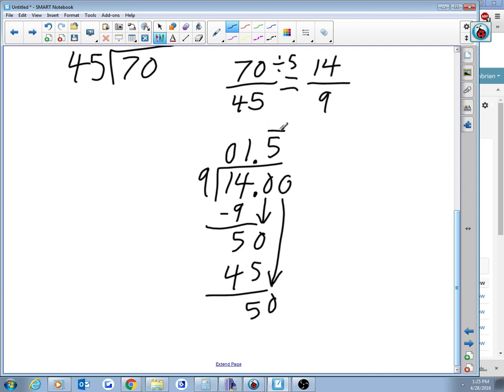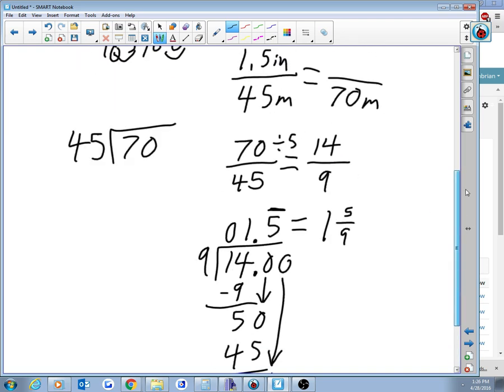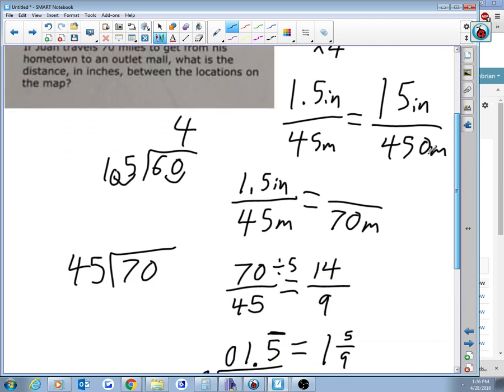It's 1.5 repeating. And if you know your ninths, which you should, 0.5 repeating is the same thing as 5 ninths. 0.4 repeating is the same as 4 ninths. 0.3 repeating is the same as 3 ninths, and etc. So this is 1 and 5 ninths. That's my scale factor. So 45 times 1 and 5 ninths gives me 70